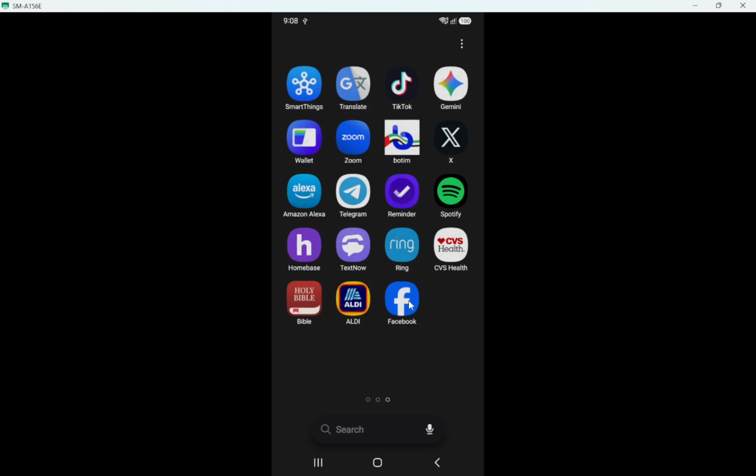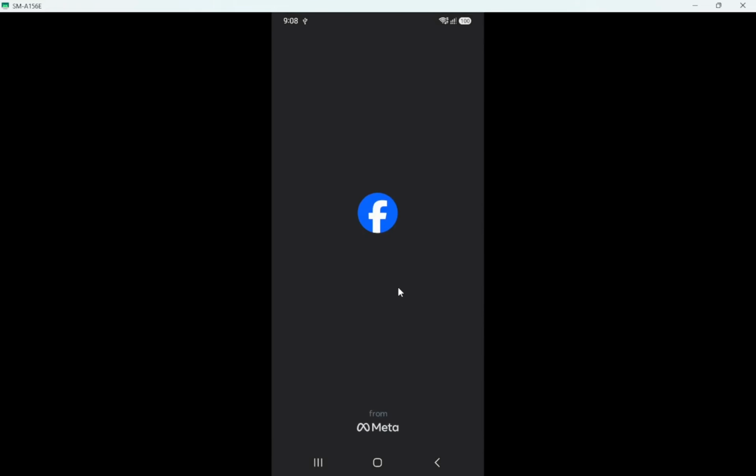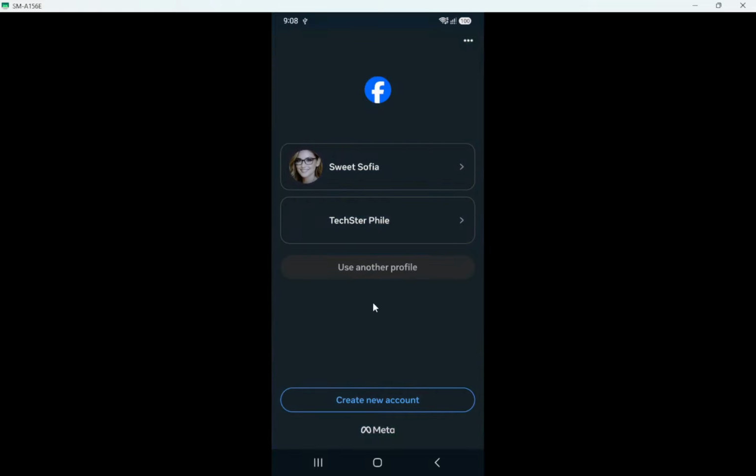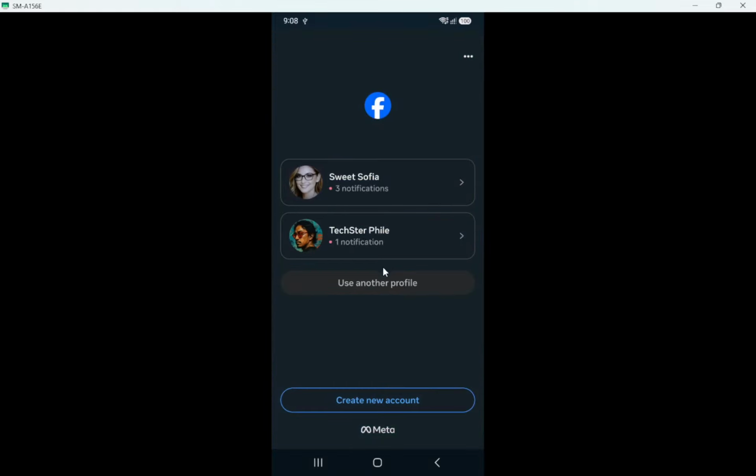Finally, sign into your Facebook account or create a new account. If you already have an account, enter your email or phone and your password, then tap the Login button. If you are new, tap the button to create a new account and follow the on-screen steps to add your name, details, and a password. Once you complete this, you arrive at your Facebook home feed, which shows posts, stories, and shortcuts to features like groups and notifications. You have now downloaded Facebook from the Google Play Store and opened it ready to use your account.